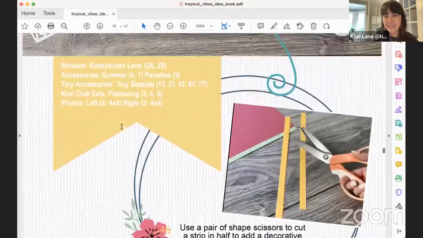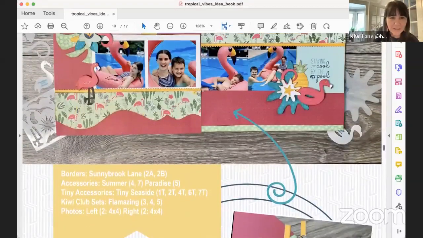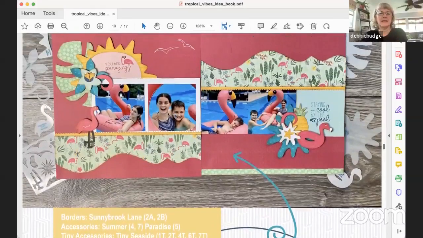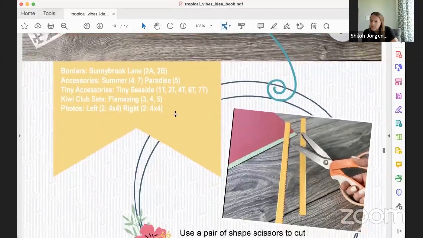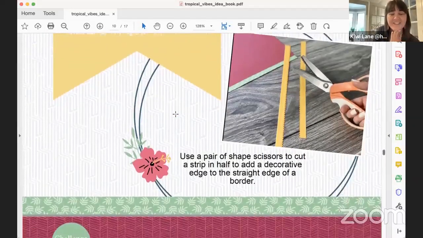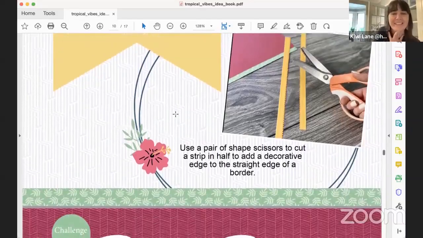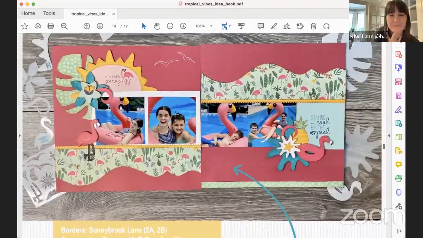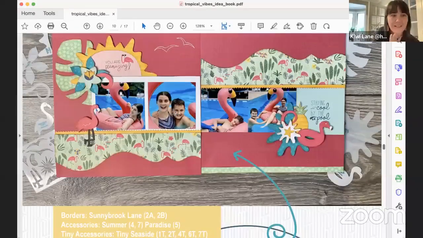Oh, that's right. And I did just a little bit of shape scissors there. Oh, nice. Yeah, I saw that. That's really cute. Because I'm like, did I fringe on this one? I did fringe on the next layout, but that's next kit. I was like, when did I use fringe? But no, this one I did this other shape scissors. So yeah, that was really fun. Yeah, this color, it just pops that background. I was like, oh, I love it.